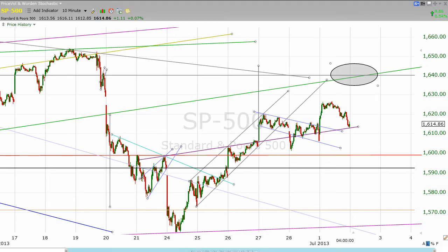Okay, we're looking at a 10-minute chart. Last week, we had identified what looked like could be setting up an inverted head and shoulders pattern right here. Starting late on the 20th and continuing into the 26th, we had a breakout over the proposed neckline on the 27th, but then on the 28th we got some ambiguity as the S&P